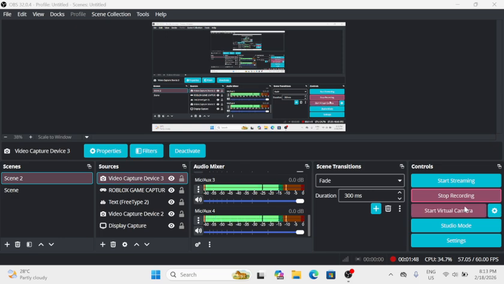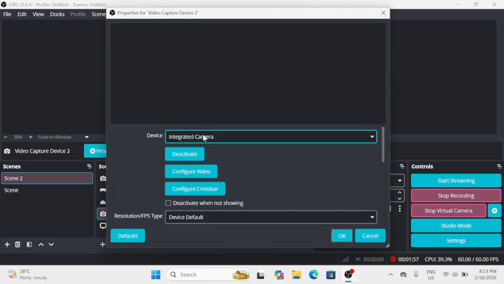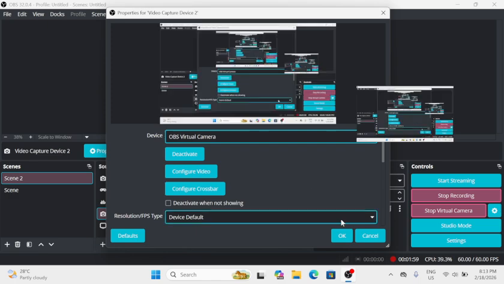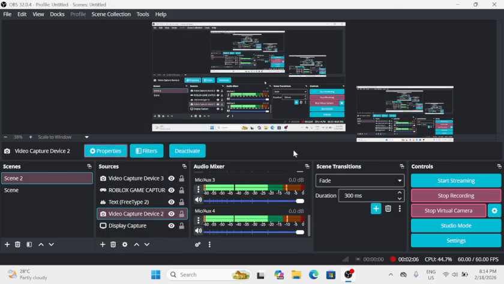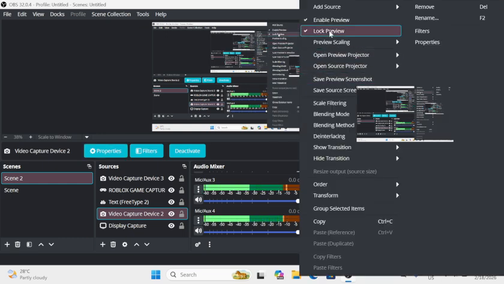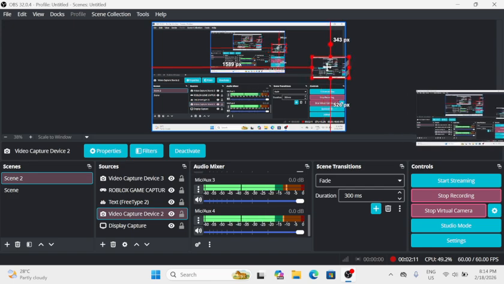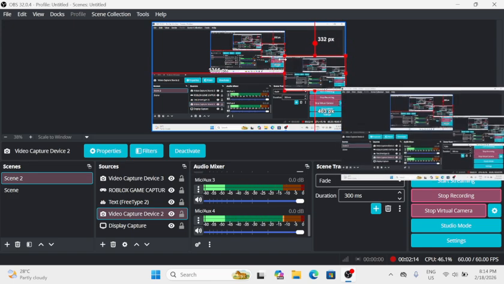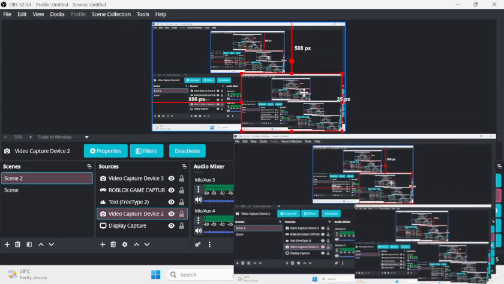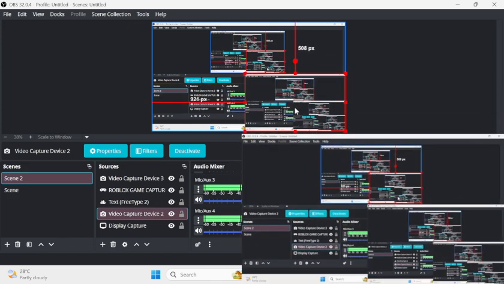And if you want to start the virtual camera, you can use that, but activate it. You can go to properties and go to the OBS virtual camera right here, guys. Go to the OBS virtual camera and accept, and that's the camera. And I will just fix that, guys. And that's another screen, so I will deactivate that.